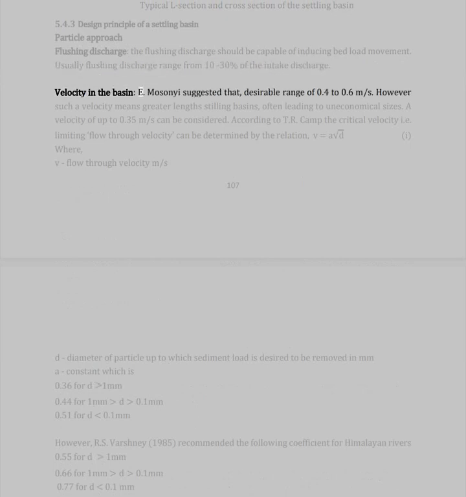Velocity in the basin. Mosonyi suggested a desirable range of 0.4 to 0.6 meters per second. However, such a velocity means greater length of stilling basins, often leading to uneconomical sizes. A velocity of up to 0.35 meters per second can be considered. According to T.R. Camp, the critical velocity, i.e. limiting flow-through velocity, can be determined by the relation v equals a square root d, where v is the flow-through velocity in m/s,